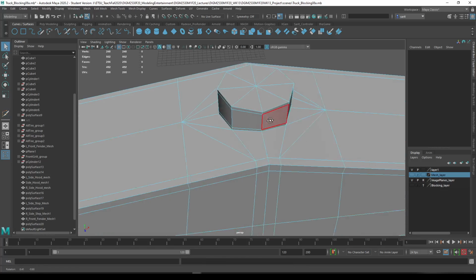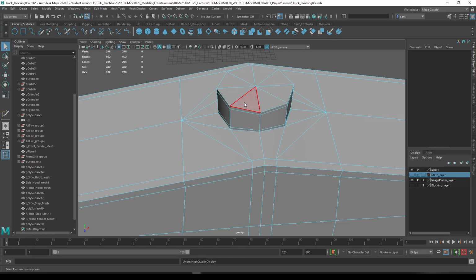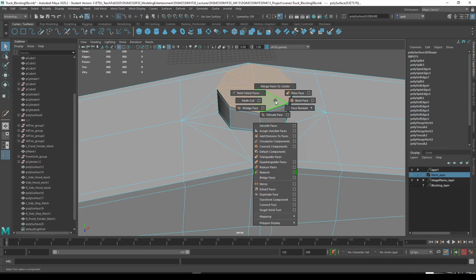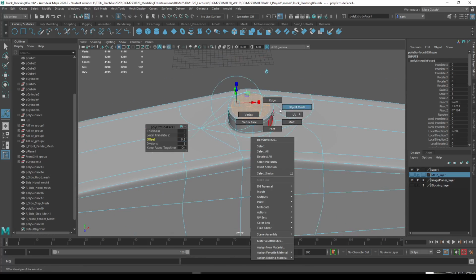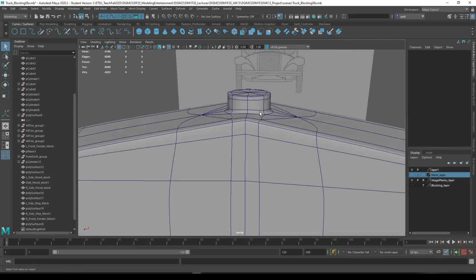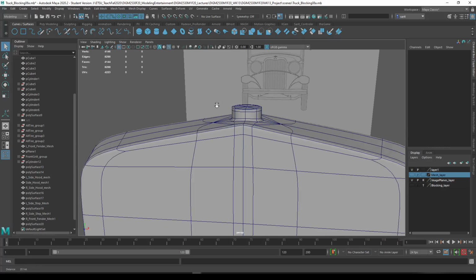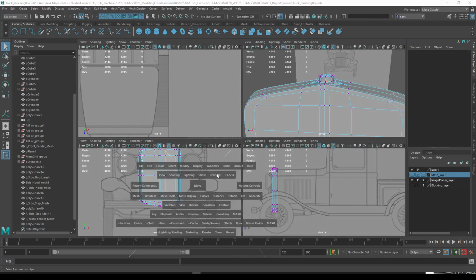And I'm gonna press 1 so I can select the face, extrude, then offset it. Oh, that's too much. 0.1. About that. And then when you press 3, it will look like this. And you don't need to punch the hole anything, because there will be a cap, which is the bird cap, right? So now if I move vertices down a little bit,